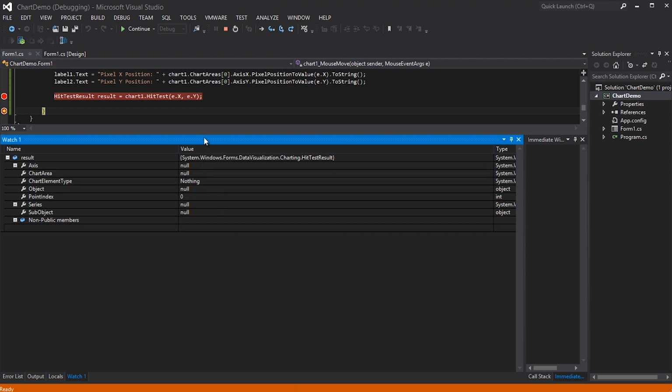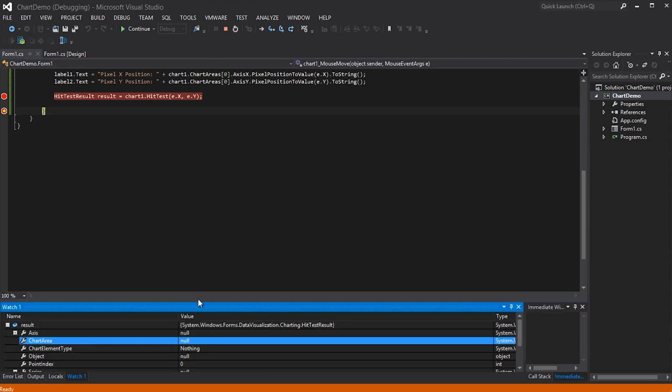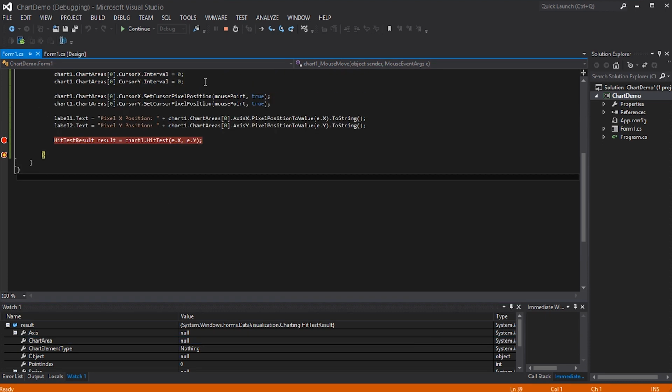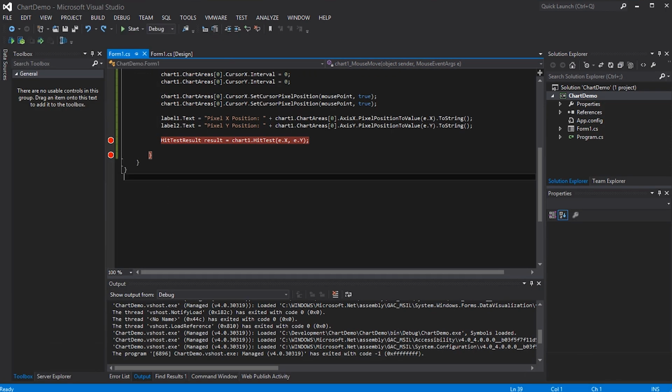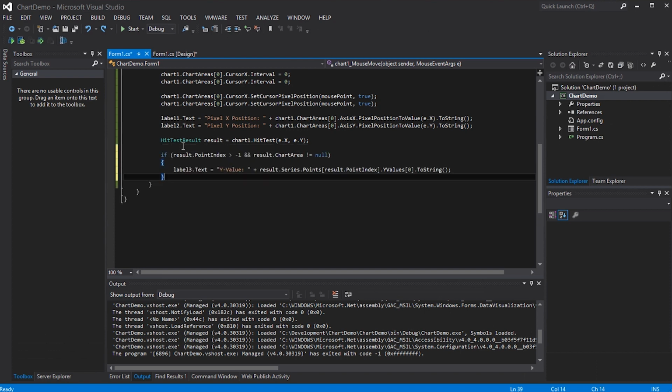Okay, so bring our watch back down, out of the way, stop the application, clear our breakpoints, and then put in our hit result test code. Basically if result.PointIndex is greater than or equal to -1 and the chart area is not equal to null, perform our label text 3 update. Label 3.Text contains the value string, the Y value string, and then appended to that we've got